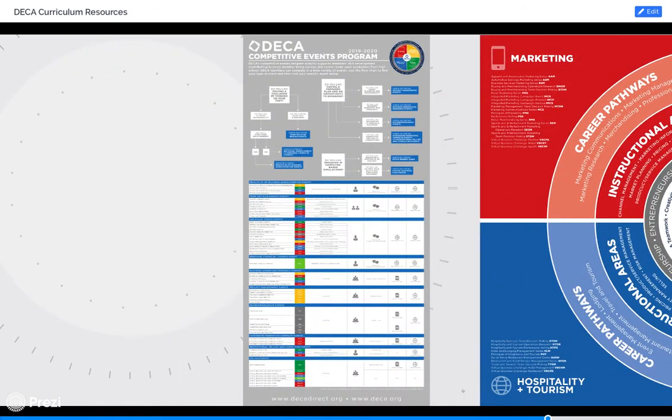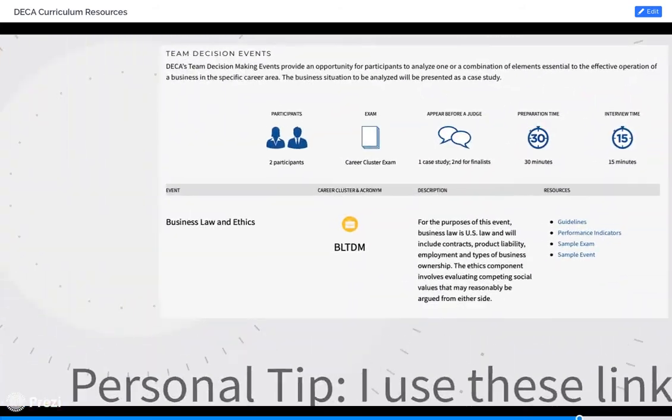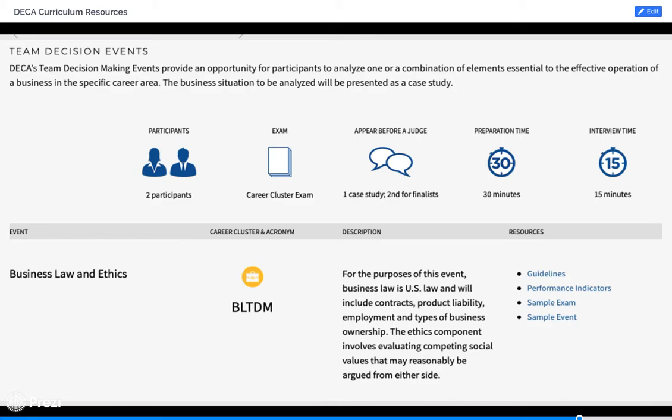It also has a link to this poster, which I keep hanging in my room, and I'm sure several of you do as well. But if you don't have it and want to download it, you can through that QR code. Here's one of the